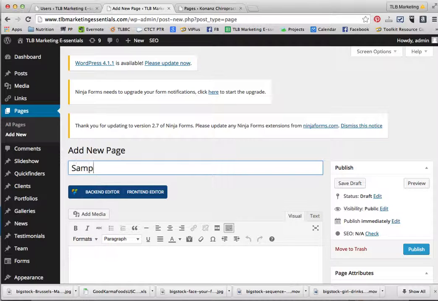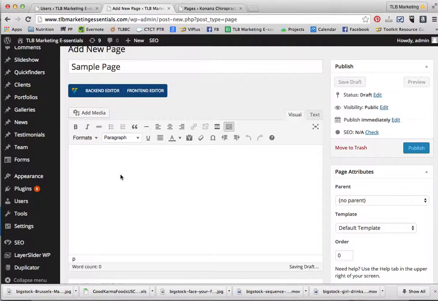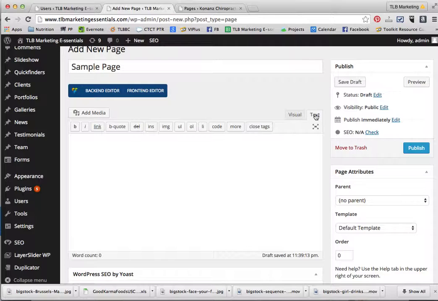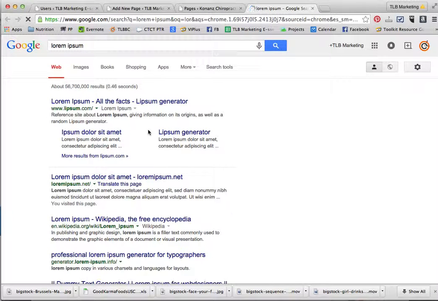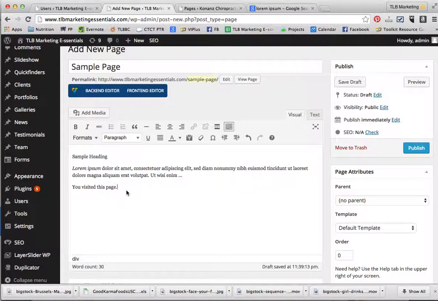So I'm going to simply put sample page. And now we can go down to our content area, and if we know HTML coding, you can click on text and add your code, or if you're more comfortable with what you see is what you get, we've got the what you see is what you get editor, and that is the visual. So we can write in sample heading, and let's just grab a bit of lorem ipsum. We'll add a couple of paragraphs